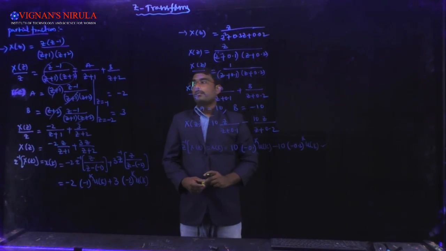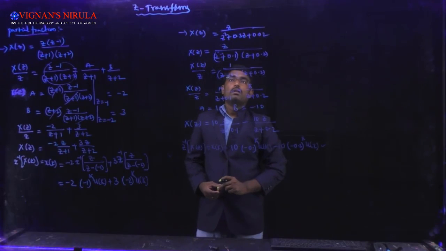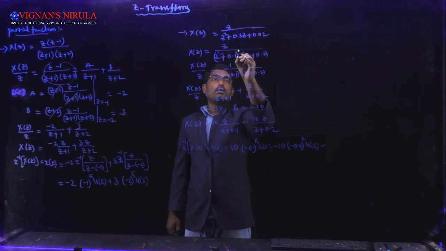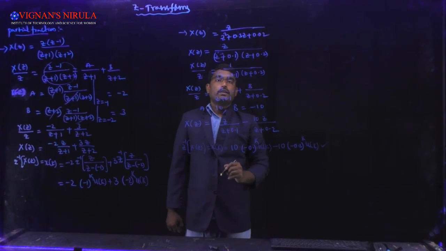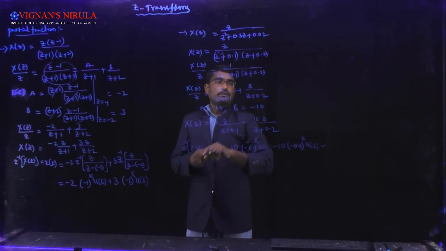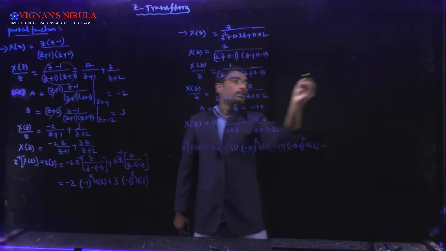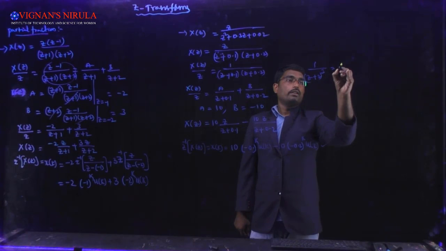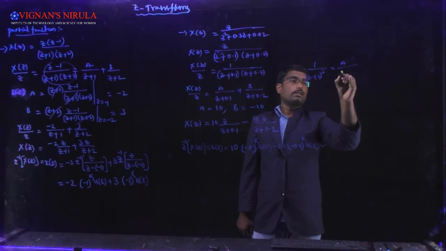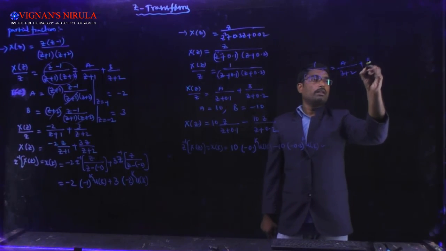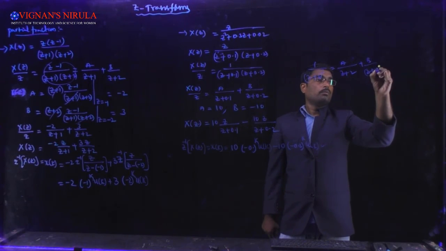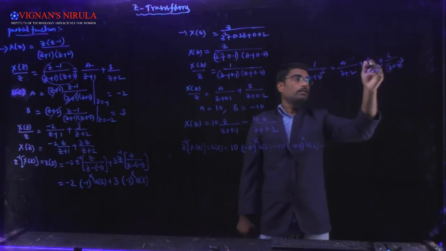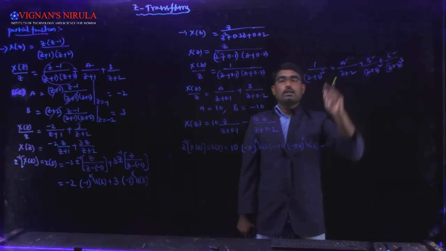If you are having any repeated poles at a particular pole, if it is (z + 0.1) to the power 2 or power 3, then we need to apply a different form. Suppose you are having some denominator as (z + 2) whole cube, then you need to write this in terms of partial fractions as A/(z + 2) + B/(z + 2)^2 + C/(z + 2)^3. Then we need to find these coefficients A, B, C. Further, we are having formulas.